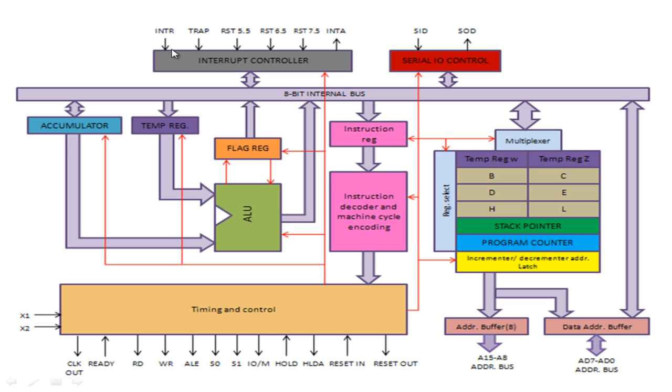Here we can see that the arrow is from outer to inside of the interrupt controller, because suppose there is any other device which has some important signal to pass to the interrupt controller, then this signal will be transferred to the interrupt controller, and when